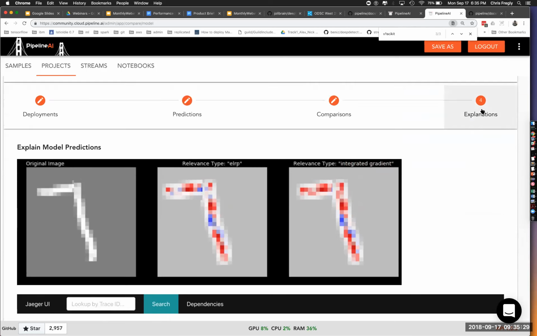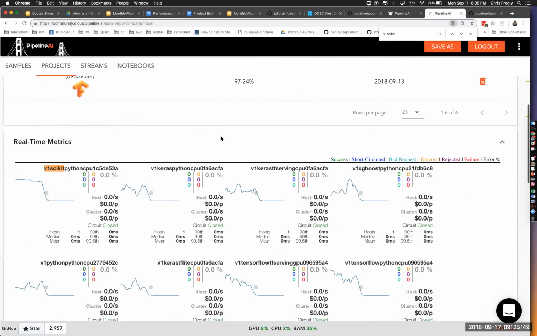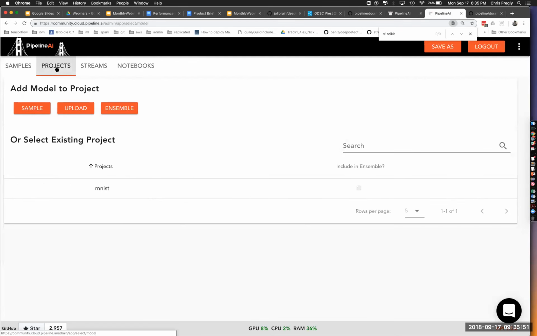We also have it set up so that if models are taking too long to predict, we can actually short circuit them and continue on. If we have a quorum from, say, 5 of the 7 predictions, then we can move on and keep going. So yeah, there's a lot of advanced ensembling that we've been focusing on. So real quick on the ensemble stuff, I want to point out here that